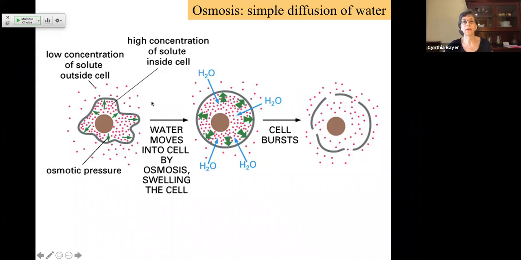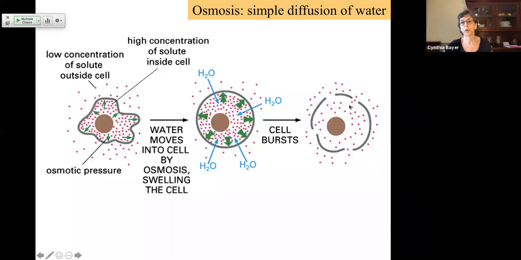What that would mean is that there's more water outside, a higher concentration of water outside than inside, which means the net movement of water would be into the cell. That's going to cause the cell to swell, right? Water will diffuse into the cell. The net movement of water would be from outside to inside until the two concentrations reach equilibrium, right? Which would eventually